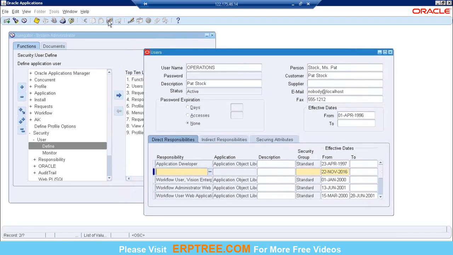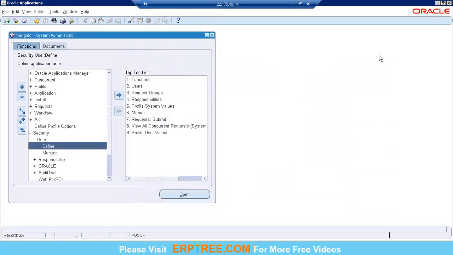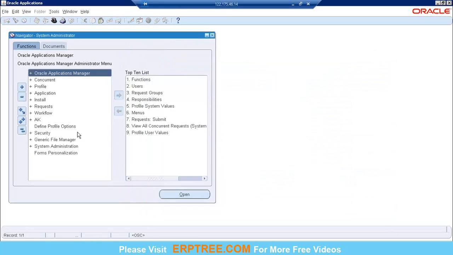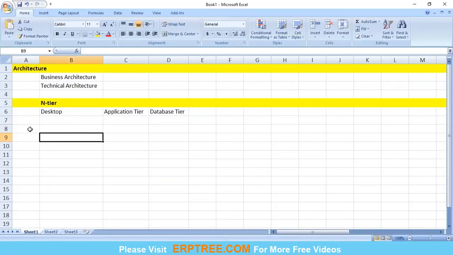Okay, let's clear this and go back. So this is from an application, how to navigate. That perspective, this is what is the application. But let me quickly go back to the spreadsheet, and here the applications that we are going to cover